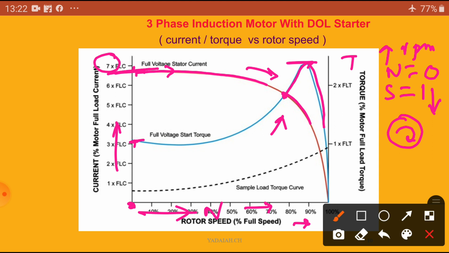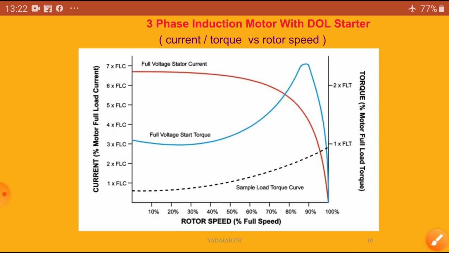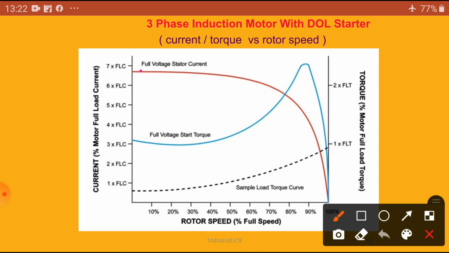From this, I can conclude that when full voltage is connected across the stator terminals of an induction motor, a large current is drawn by the windings. So the starting current is equal to 5 to 7 times the full load current.